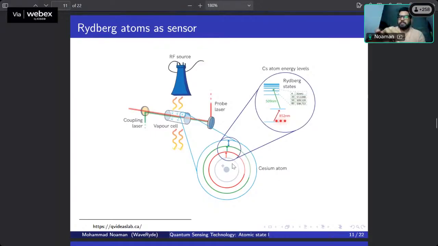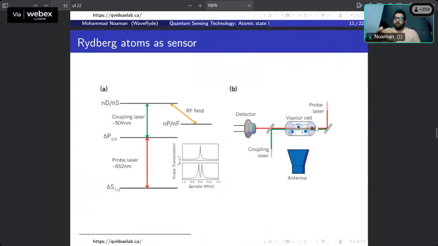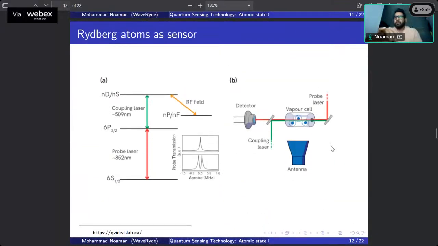This part just shows the cesium atoms with possible different transitions capturing different kinds of frequency. So again, another overview of the setup, a simpler picture: RF source, the antenna, the vapor cell. It detects the probe laser on a detector, and then here is the other sketch